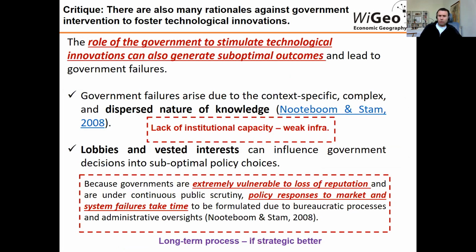That's very much why I try to underline this in the critical slide. There are different rationales against government intervention, and I don't want to point out here the political positions within this discussion, if more neoliberal, if completely against the neoliberalism of the market. Let's just try to analyze this as a policy per se, and the role of the state. In some cases, the government also fails, and governments, in comparison to the private sector, according to what the literature points out, are always extremely vulnerable, because